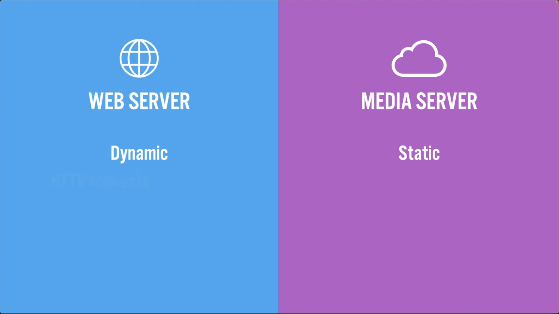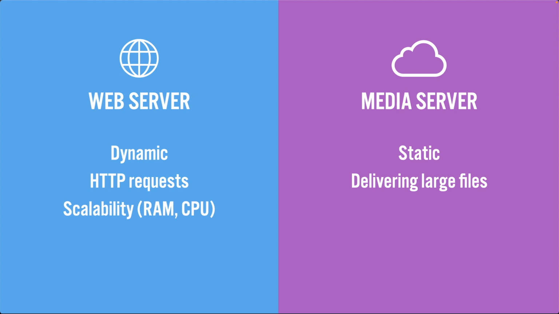A web server handles HTTP requests and generates a custom response for each user. On the other hand, a media server is optimized for delivering large files quickly. Both servers can be scaled independently. For example, a web server could be scaled up by adding more RAM, that's memory, or CPU processing power. In comparison, a media server can be upscaled by utilizing a content delivery network, CDN in short, with servers distributed